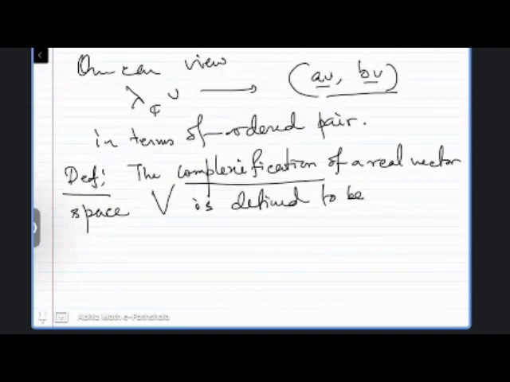We are just taking the direct product, I'm sorry, the direct sum. So it is defined to be the direct sum